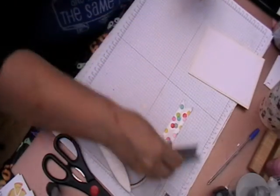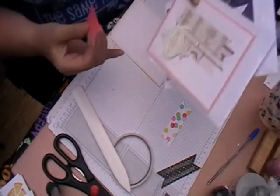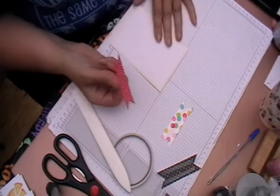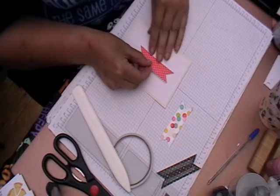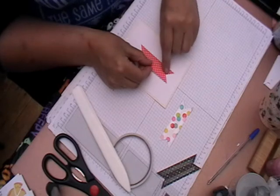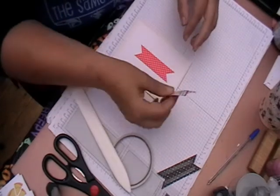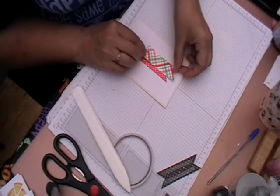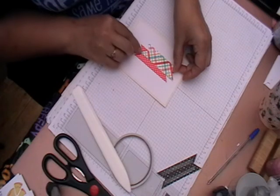So just put these to one side, and then you can have a look at these, but because all that Nadia's got is me literally talking away through it, I put one of them down, so the centre point here is about halfway on your card base, and then just place it down. And then this one here, you want to go slightly up, but you want the 2 points in the middle of this one,